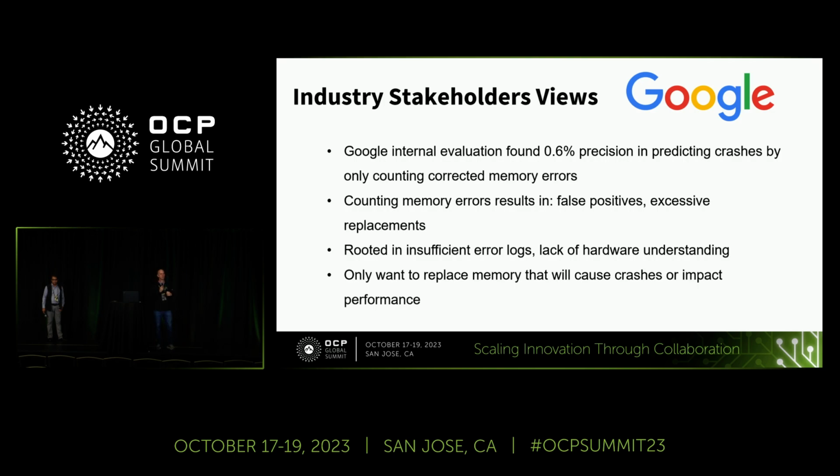I am convinced that if you saw a corrected memory error and you flipped a coin, you'd get 3 orders of improvement in precision over counting corrected memory errors. Now, let's think about why that is. And I think Roy, I see a little grin on Roy's face. He's been telling me this for years. I believe you, Roy. And our numbers verify this. But